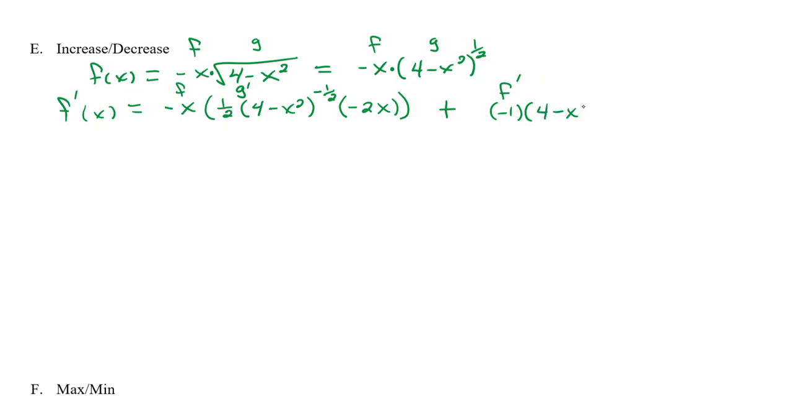4 minus x squared to the power of a half. And I'll just label that as g. Now, this is a complete mess, so let's just go to work cleaning this up a little bit. This one's actually not too bad, but this over on the left is a little bit messy, so let's write that again. So f prime of x is equal to,